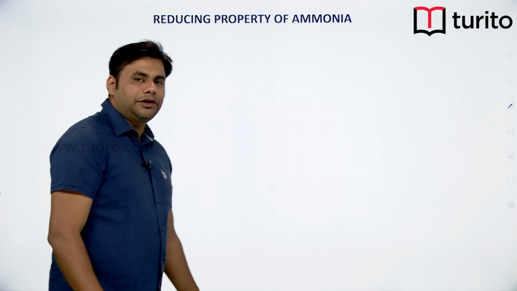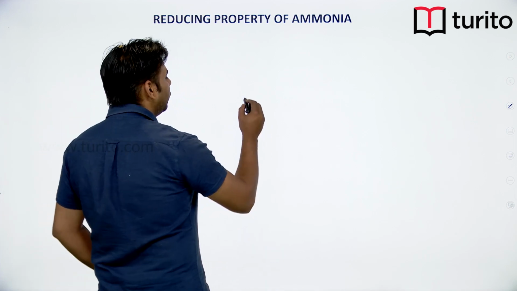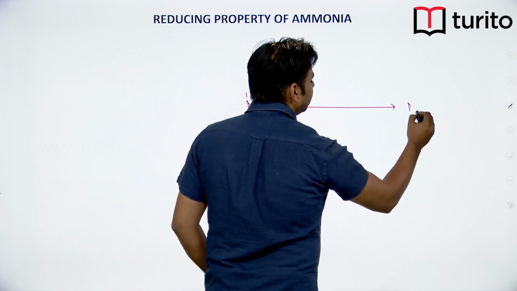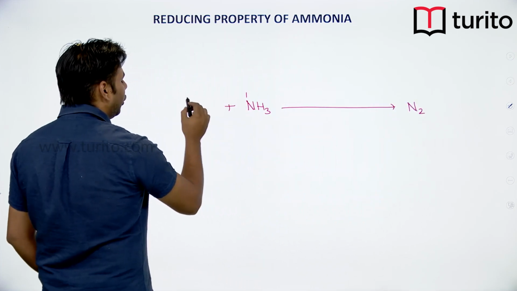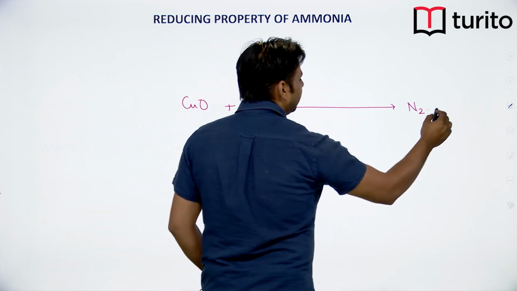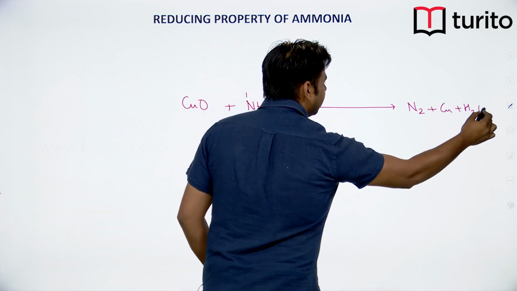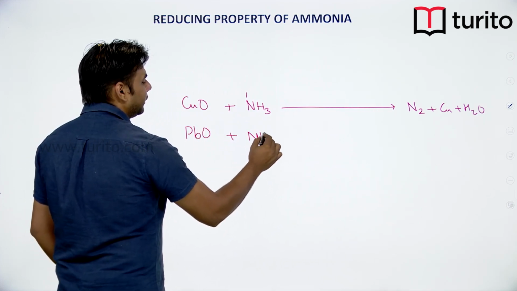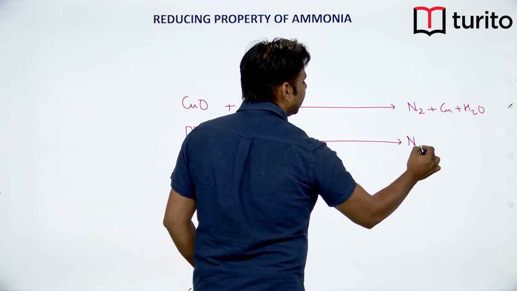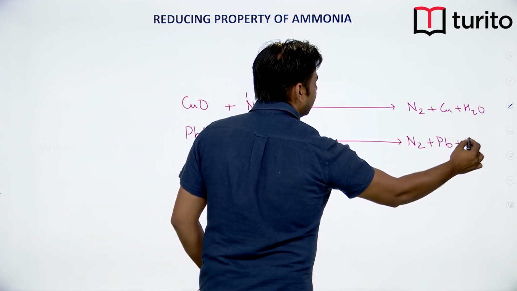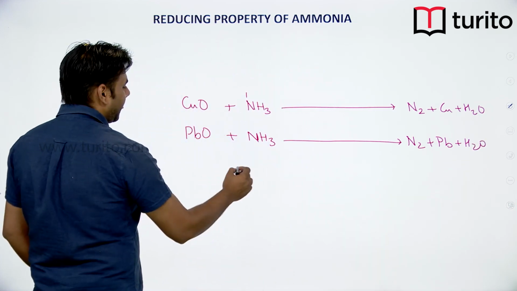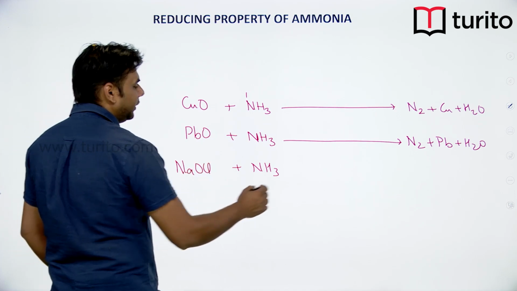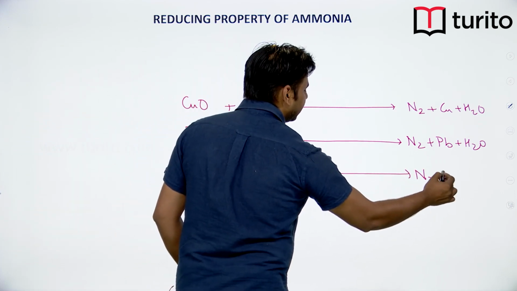Next comes the reducing property of ammonia. Ammonia can be directly oxidized into N2. If you react ammonia with copper oxide, we get N2 plus copper plus water. Similarly, if you react ammonia with lead oxide, we get N2 plus Pb plus water. Similarly, if you react ammonia with NaOCl, any hypochlorite, we get N2 plus